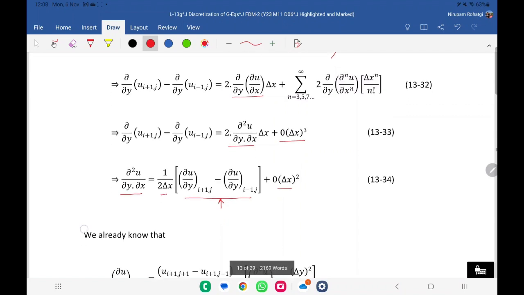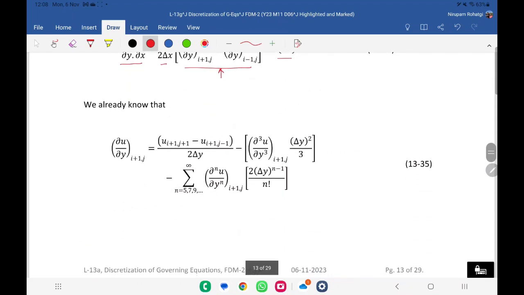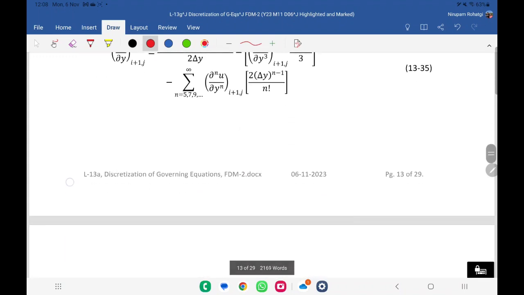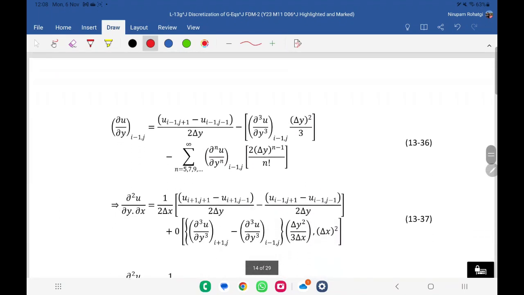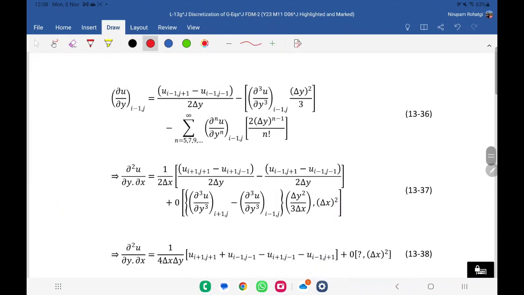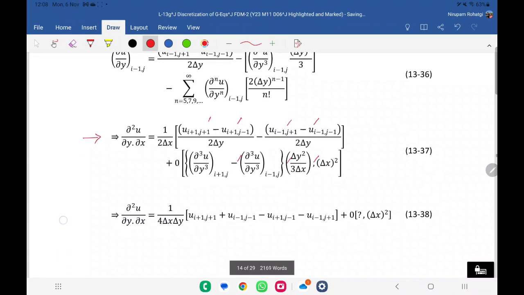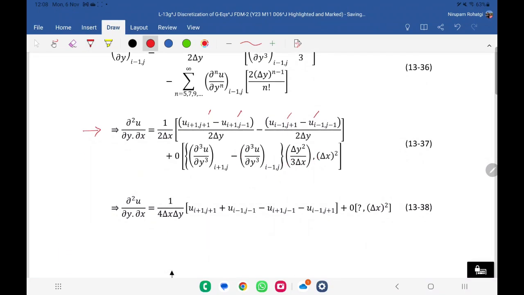Okay, so what we do, we put this value, and I'll give you these things, you forget about it. Finally what you will get, you will get this term. There will be 4 terms, this, and this. Okay, so the mixed derivative will be